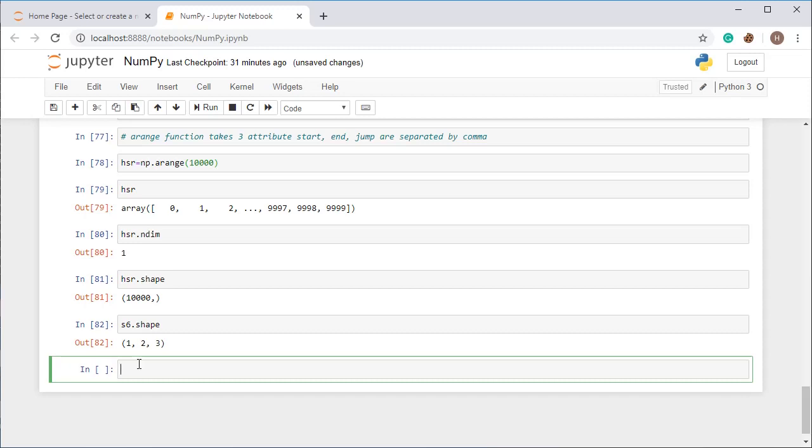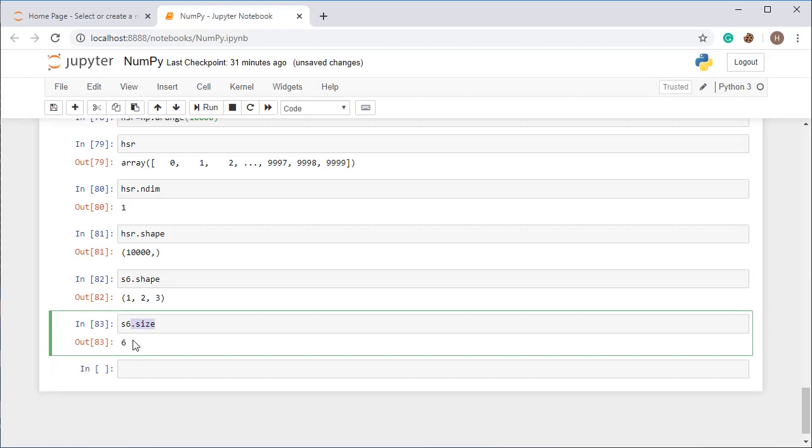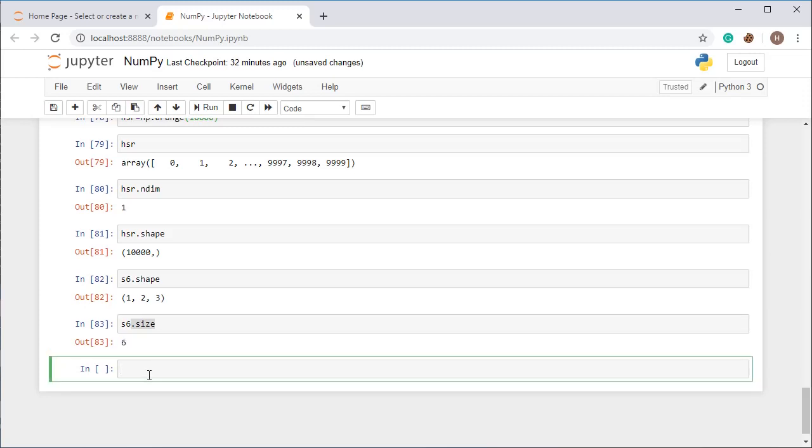You can check the size with the size command, and you will get the number of elements. Shape will give you the structure of the different axes, and size will give you the number of elements present in the array. And dtype will give you the data type of the elements in the array. So we have learned ndim, noted down, is used for the dimension of an ndarray.